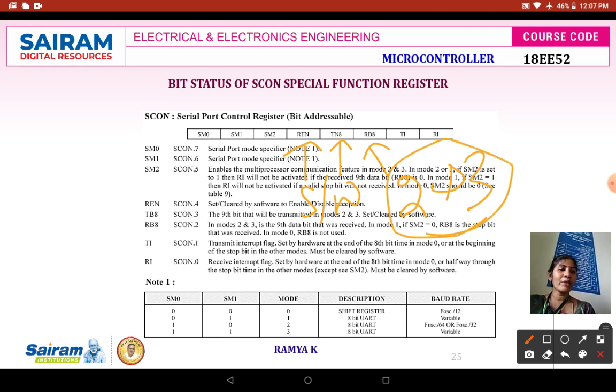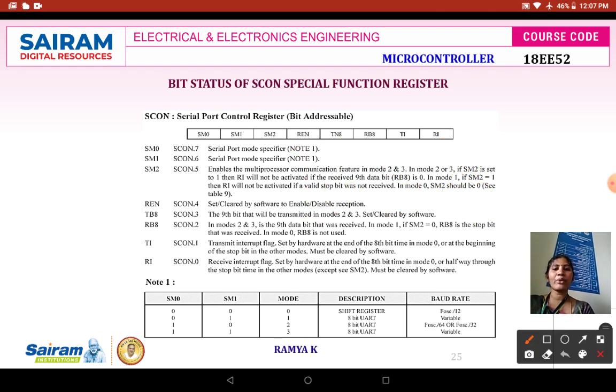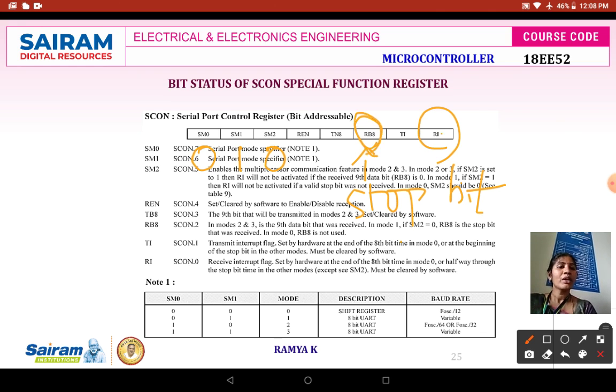So in mode 1, if SM2 is 0, for example, you are operating at mode 1. Mode 1 means SM0 is going to be 0, SM1 is going to be 1. Under this condition, if your SM2 is 0, then RB8 will receive the stop bit. Therefore, this RI interrupt will be activated. If this RB8 is receiving the stop bit, your RI will be activated.